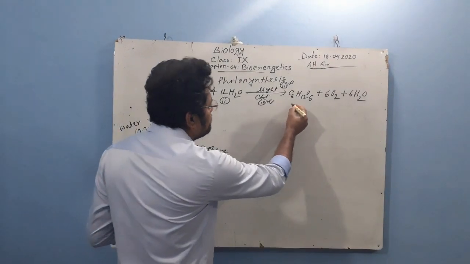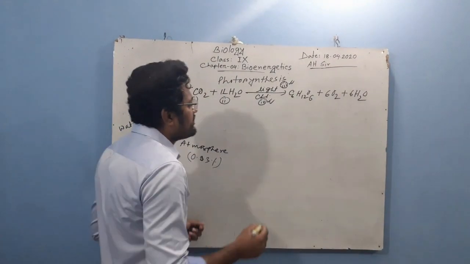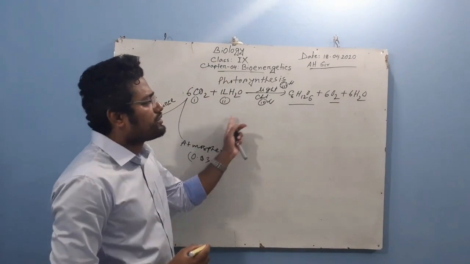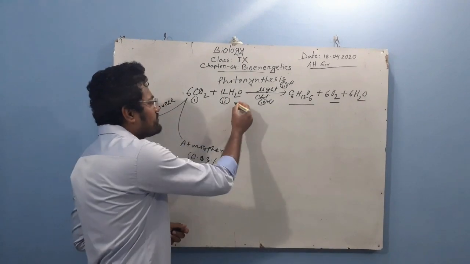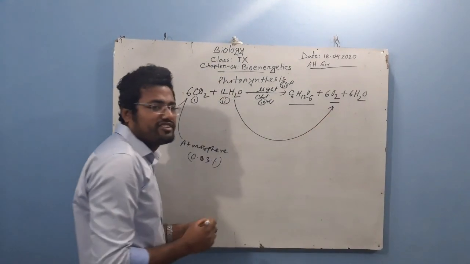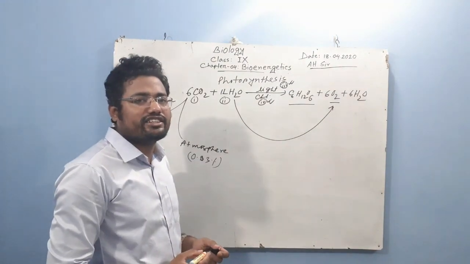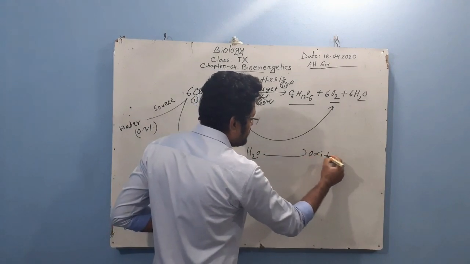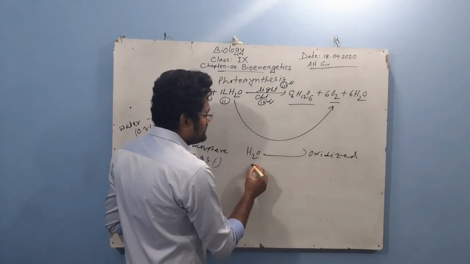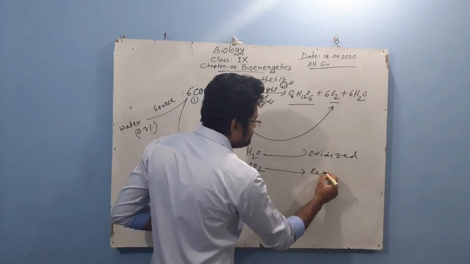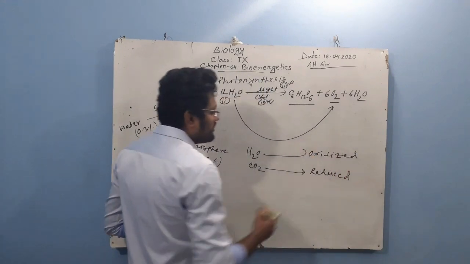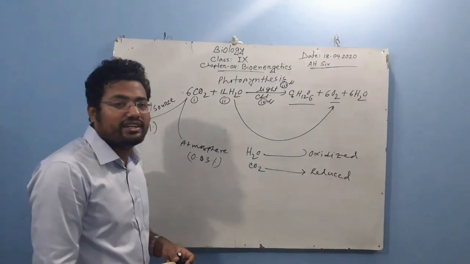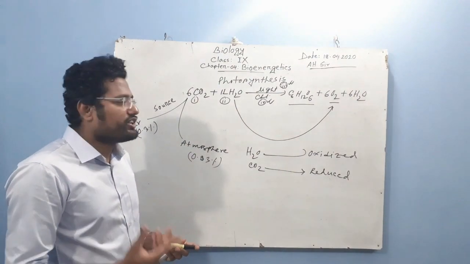Then, if we observe the right side of the equation, this is glucose or carbohydrate and this is oxygen. Oxygen is the byproduct of the photosynthesis process. Oxygen comes from the water. The photosynthesis process is called an oxidation reduction process. In this process, water is oxidized and carbon dioxide is reduced. So we can say that the photosynthesis process is an oxidation reduction process. Now I show the summary of the photosynthesis process.